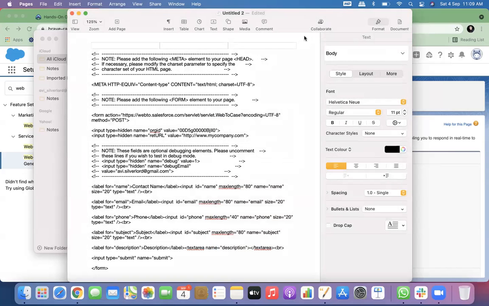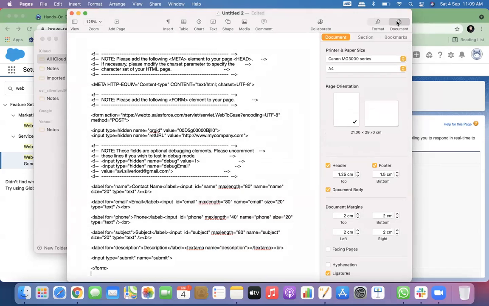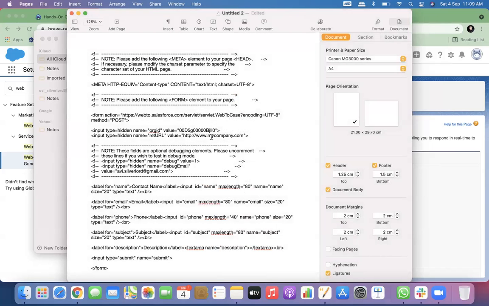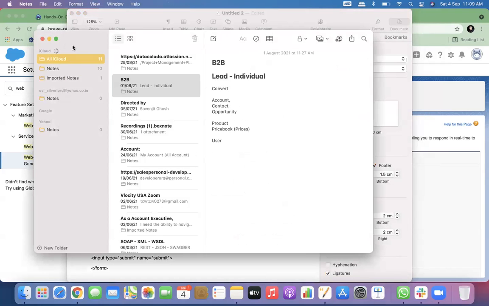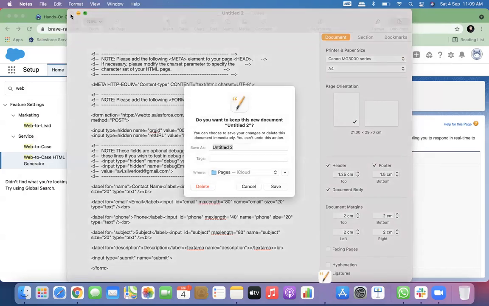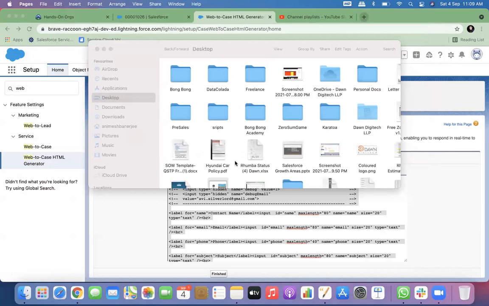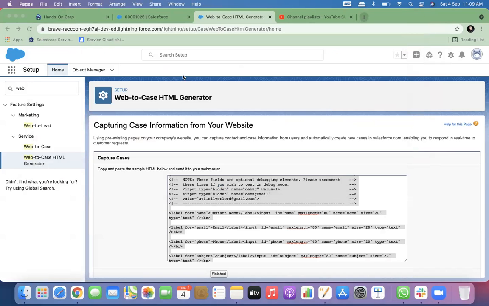Anyway, if you have a notepad, you can go and implement this. You can paste this HTML and save it as a dot HTML file. You can open this in a browser, and you will see it is a simple form which opens up, and basically that gives you the opportunity to put some value inside it. And if you save, it will immediately create a case.